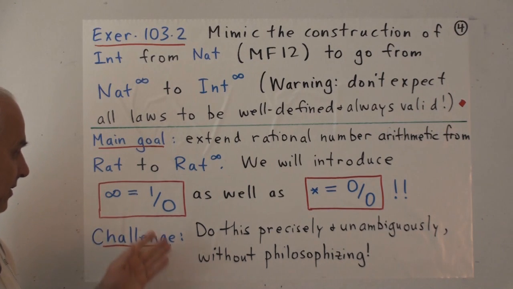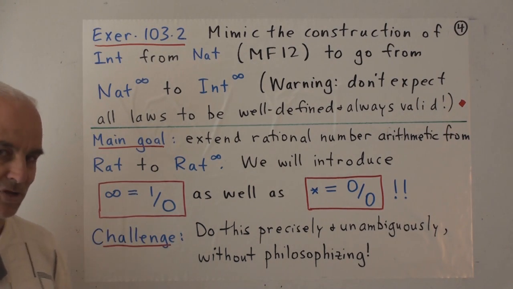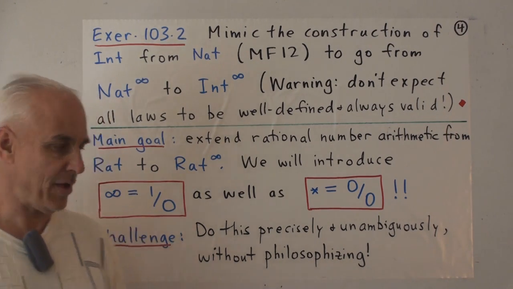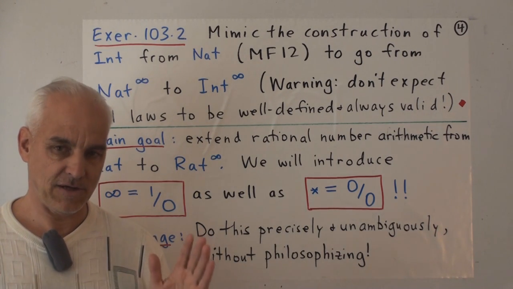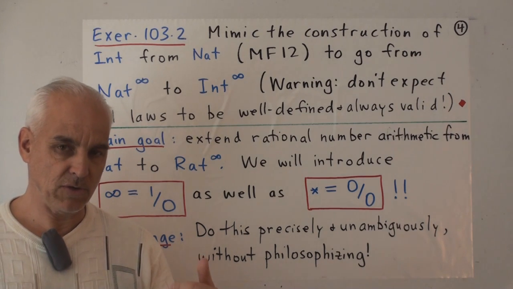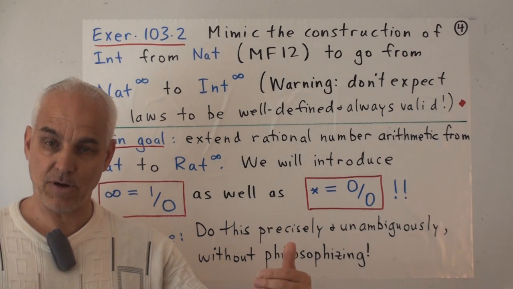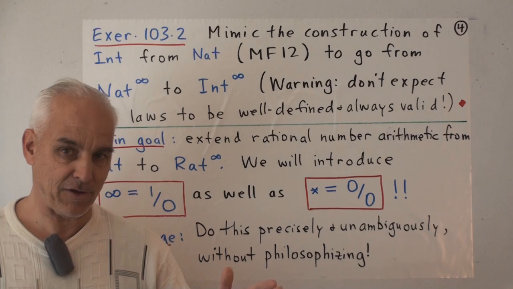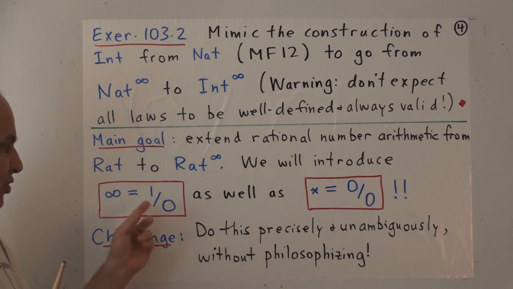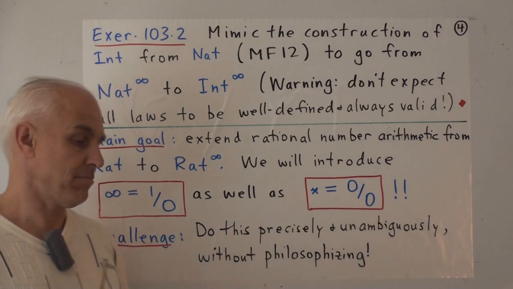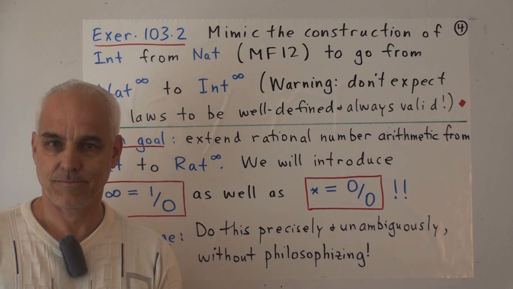And I know that you've all been taught and learned from an early age that 1 over 0 doesn't make sense and 0 over 0 doesn't make sense. Of course, that's in standard arithmetic. So what we want to do is enlarge the framework completely, consistently, and clearly so that we extend our meaning to these new symbols.